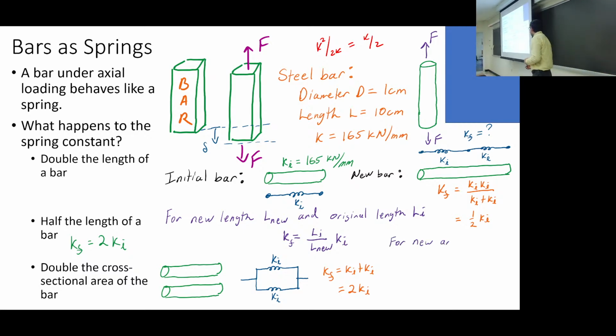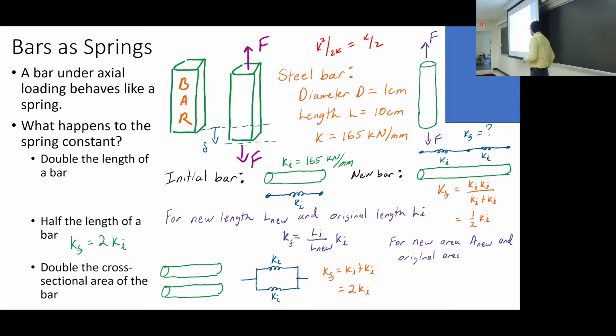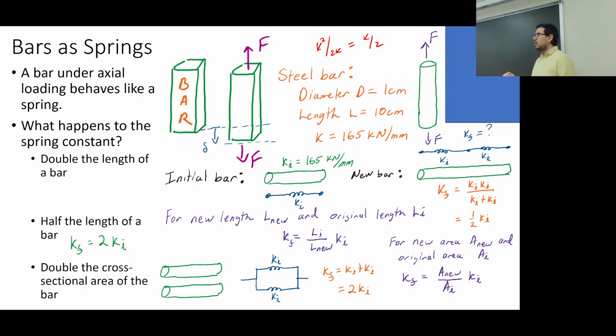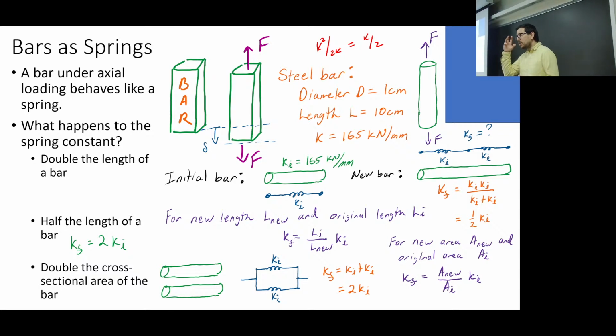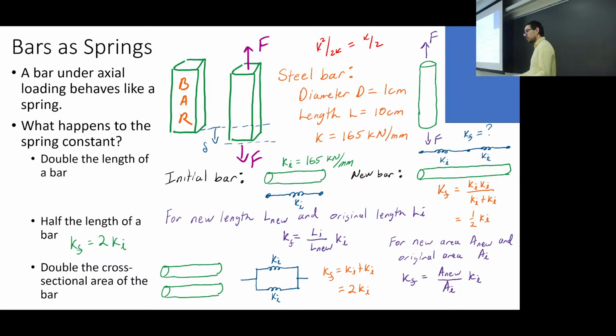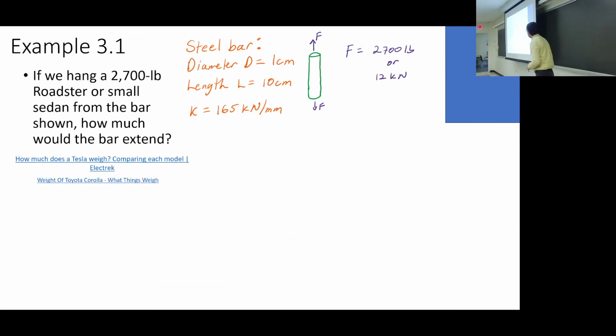Okay, so for a new area and an original area, we can also have another scaling rule that we can apply. Okay? And to be honest, these relationships may not be super useful on some of the exams, but the concept is powerful. So when you start looking at the different systems, oh, I've put another spring in parallel with this system, which you'll see in a little bit, that type of thing is fair game. Should the stiffness go up or should it go down? It should go up, right? If I put another spring in series with this system, is the stiffness going to go up? It's going to go down, right? Okay, so